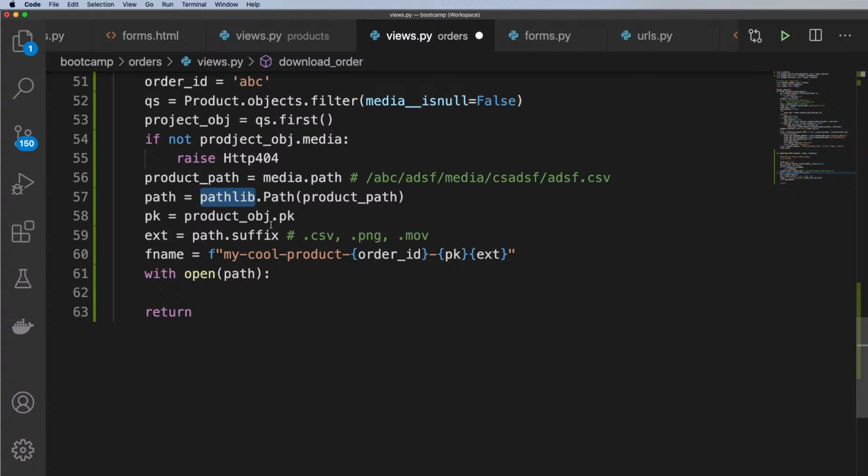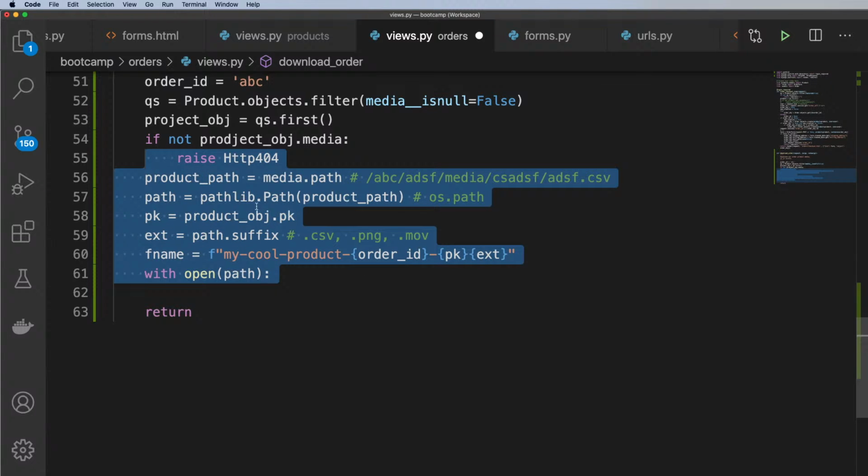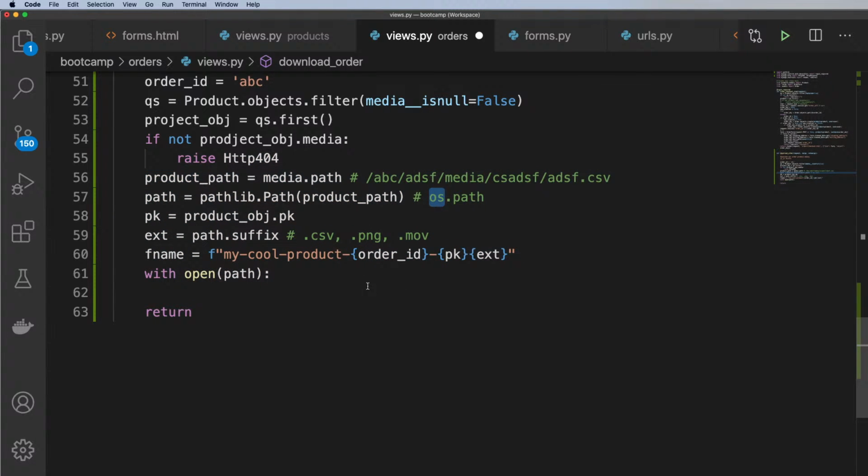If you're using an older version of Django and you're trying to use pathlib, Django might not play well with it. In the past, I think 3.1 is when Django started playing well with pathlib. So that's a huge caveat to using this all over the place. So if you have to use os.path, there's absolutely a way to do all of this same stuff with os.path. So yeah, anyways, with that out of the way, we're going to open up this path